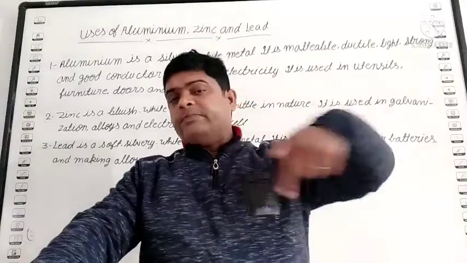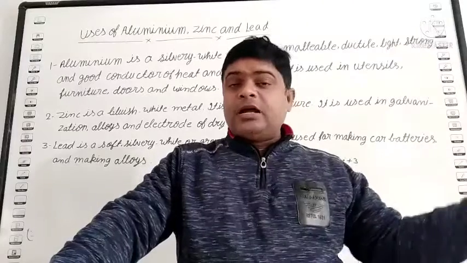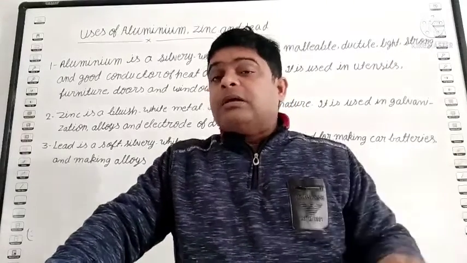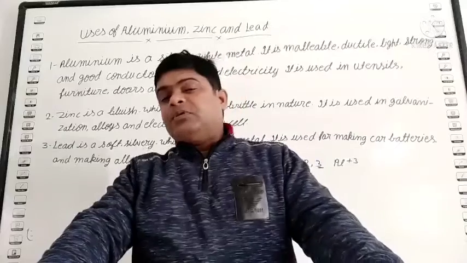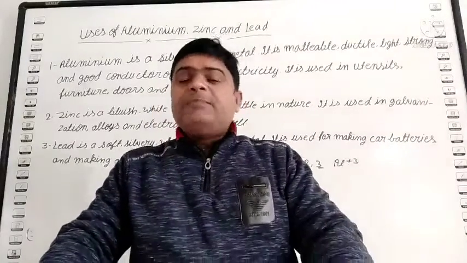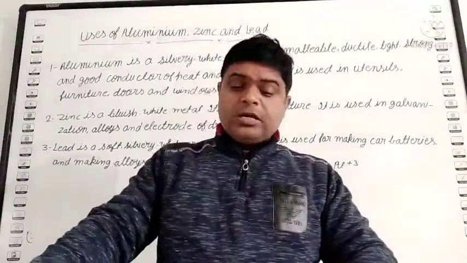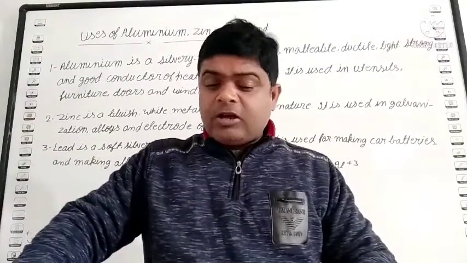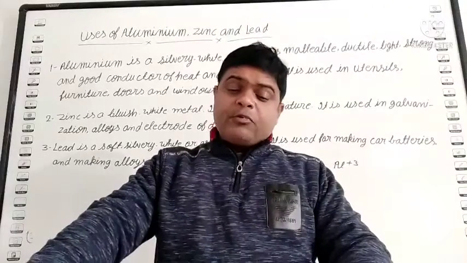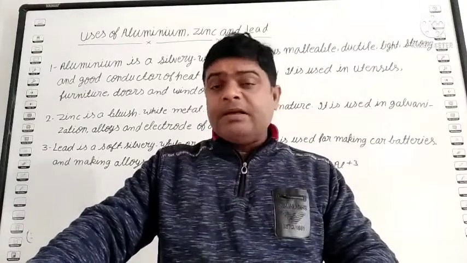Okay, the lead wire was used first, you know, nowadays it is underground wiring. So for underground wiring, we use lead, lead polythene we apply over the wire. It protects the wire from rusting. Okay, student. It is used for making alloys such as solder and type metal. It is used as protective shielding for X-rays and harmful radioactive radiation.